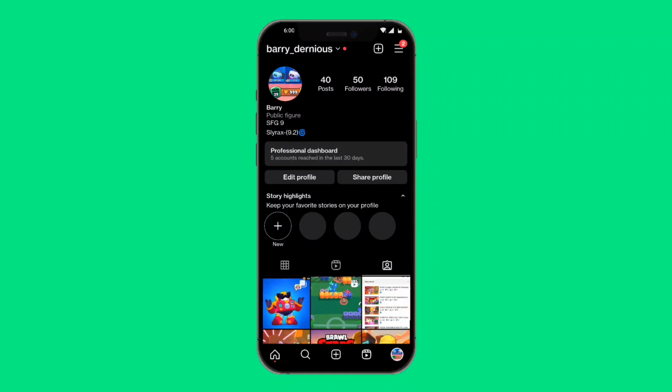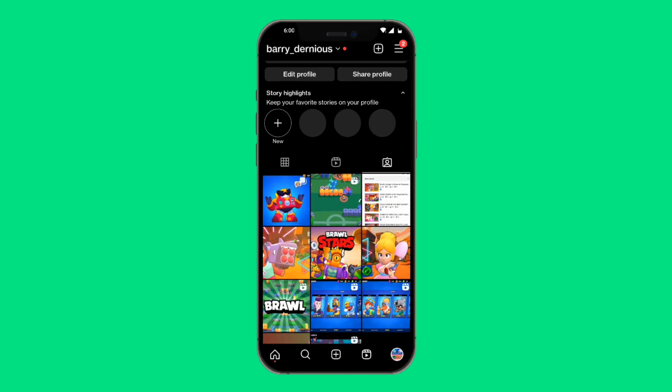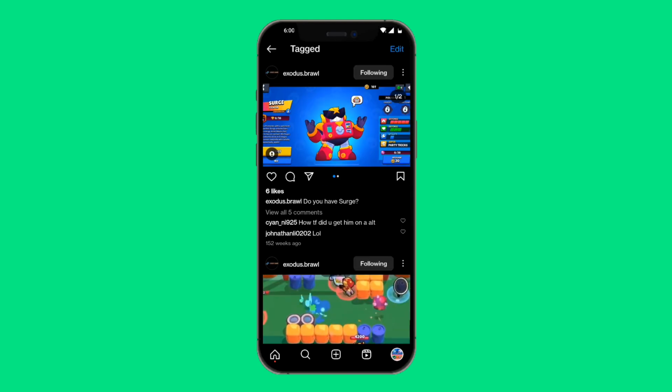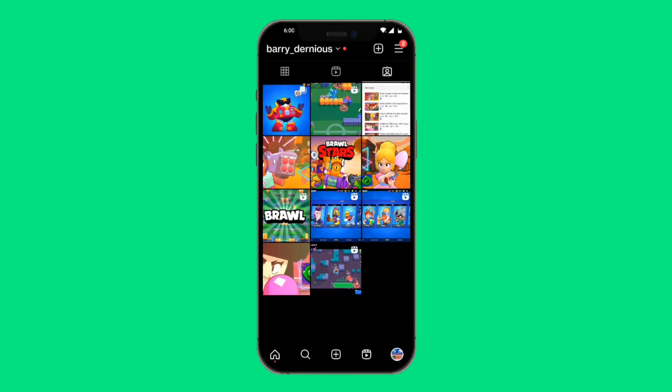How to hide or unhide your tagged photos and videos on your Instagram account. So as you can see in my profile, I have a bunch of these photos where I have gotten tagged. So if you want to go ahead and actually remove this entire section, then you want to go over to